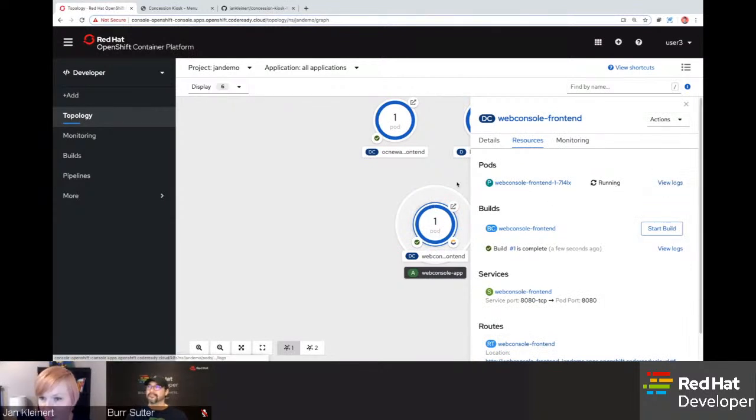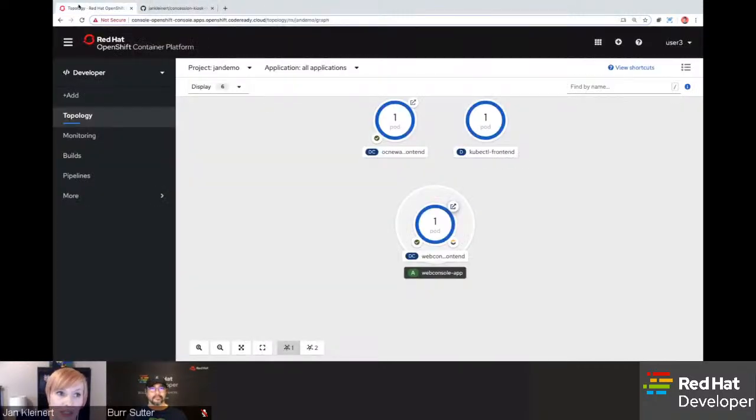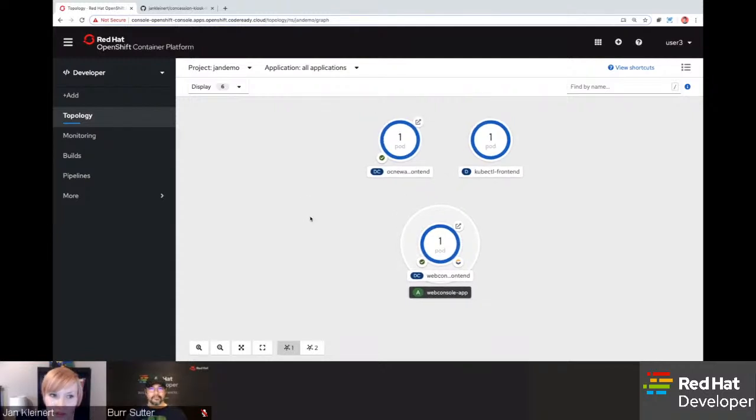We could view the pod logs here, but we can also pop that open in our browser, and it is the very same application. But that time we did it just through the web console. So we've looked at two of the ways. Now, let's say we deploy the application either via OC New App or through the web console, and we wanted